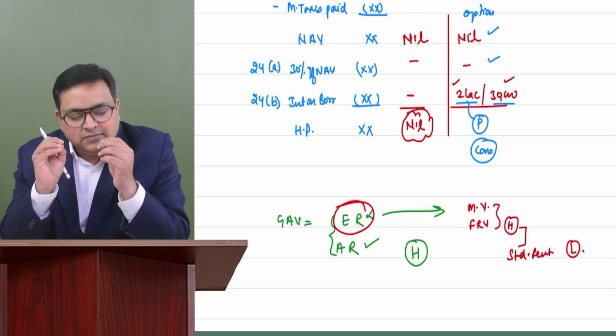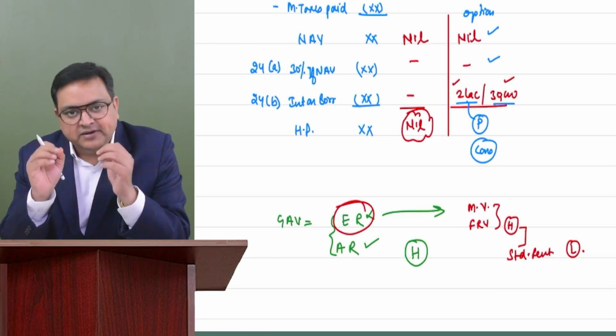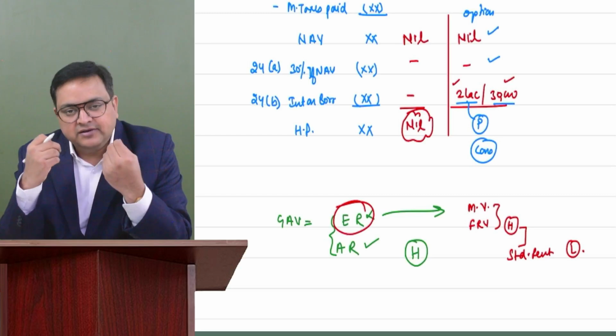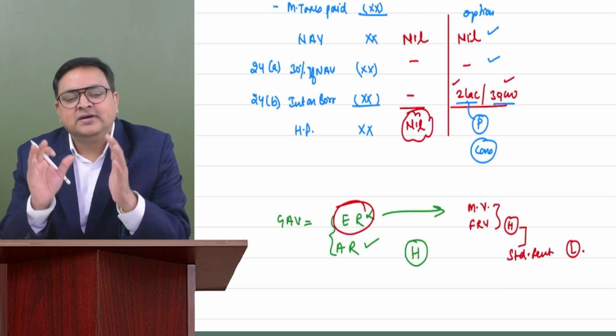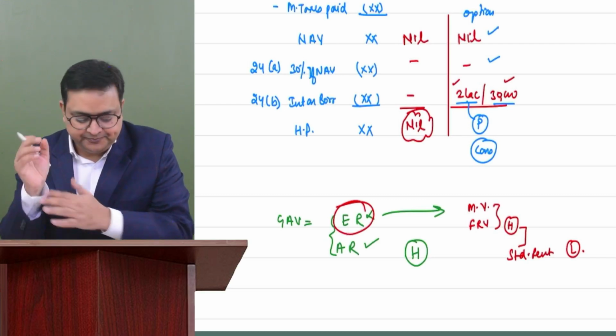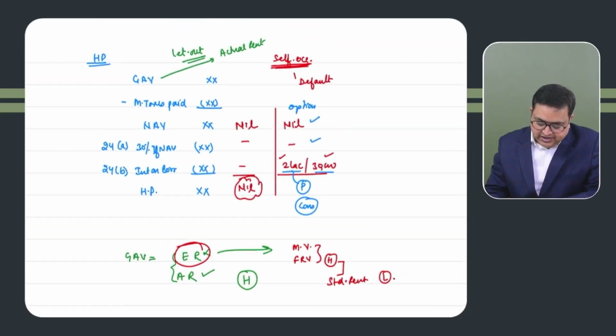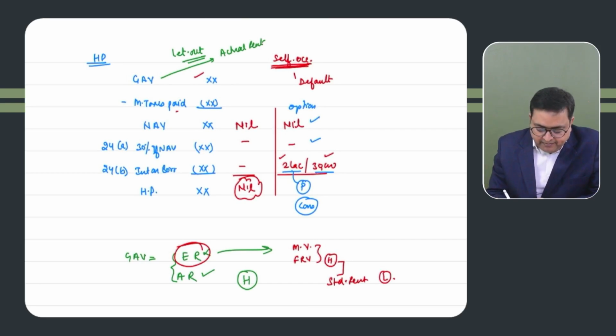Not more than 5% of cases would be there where you have to calculate expected rent. Otherwise, they will not give you any information regarding expected rent. So forget about expected rent, just calculate your GAV by taking your actual rent. Got it? So GAV would be your expected rent or actual rent, whichever is higher, mostly actual rent, minus